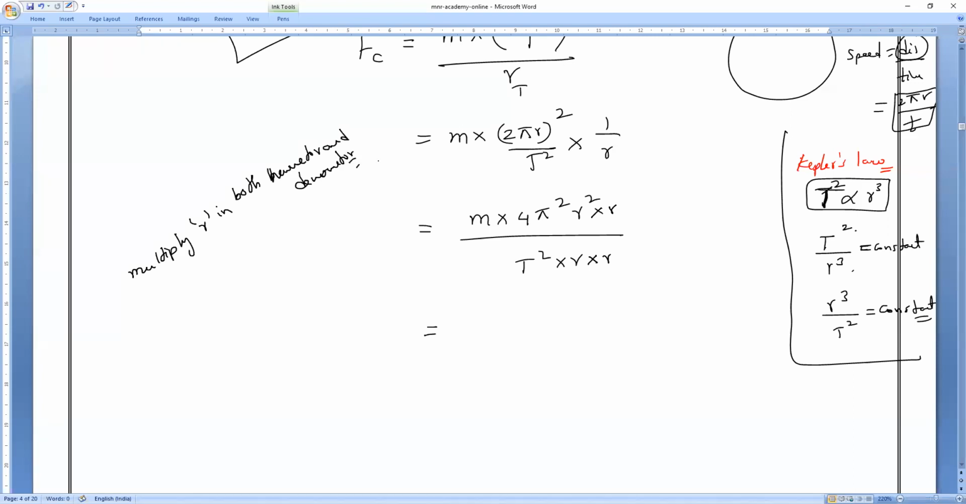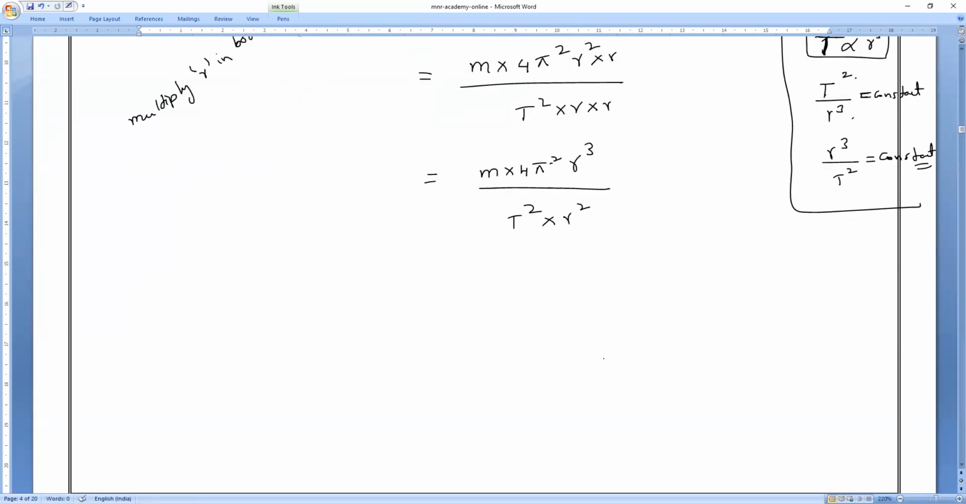So what is the next step? Everybody respond. M into 4 pi square, r square into r. All of you. R cube divided by T square into r square into r into r. R square. Are you clear, everybody? Now, according to Kepler's third law, which we have just studied, from Kepler's third law of planetary motion,